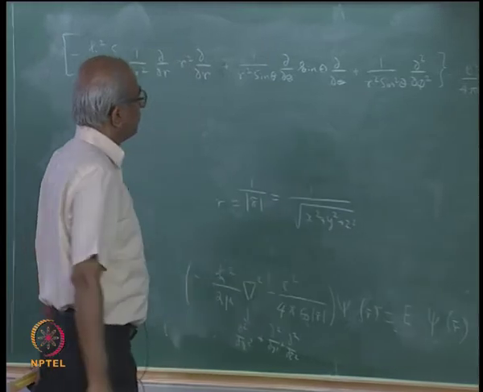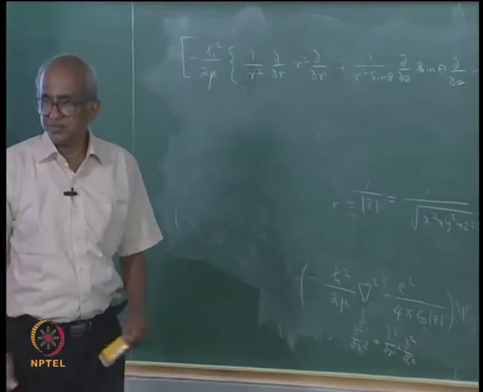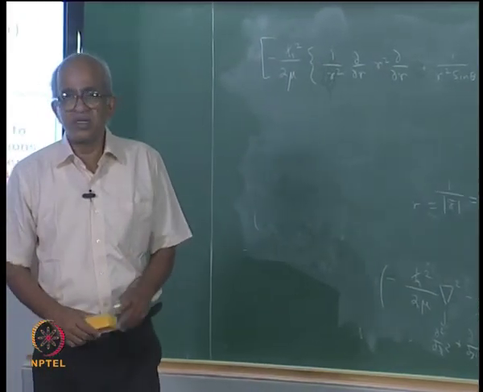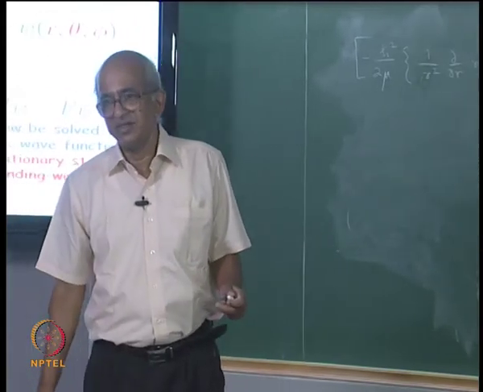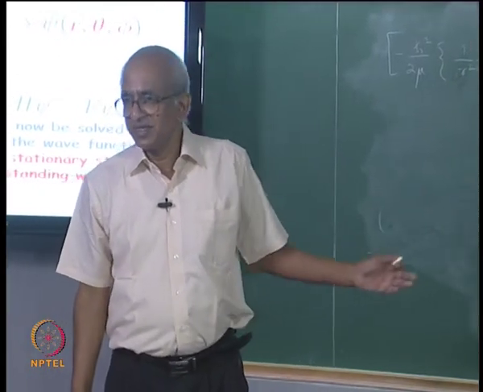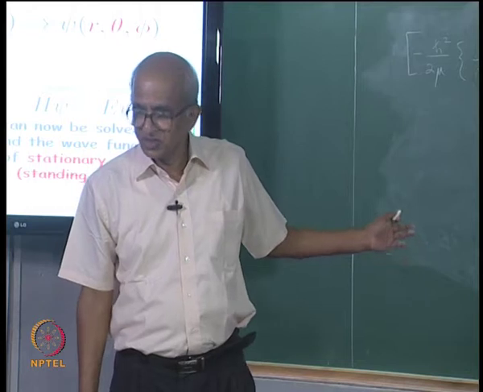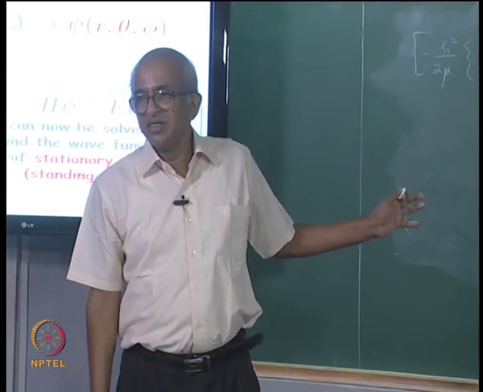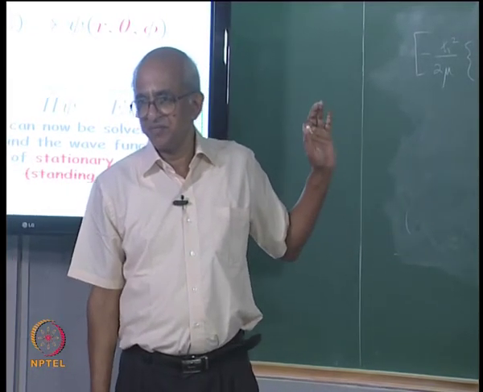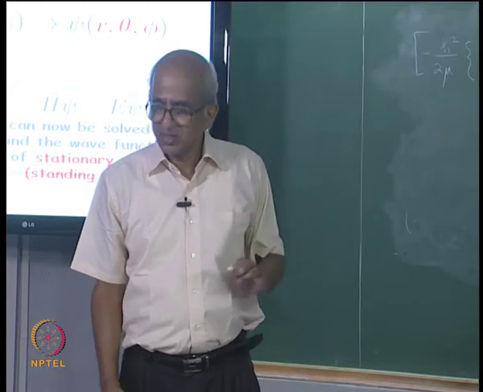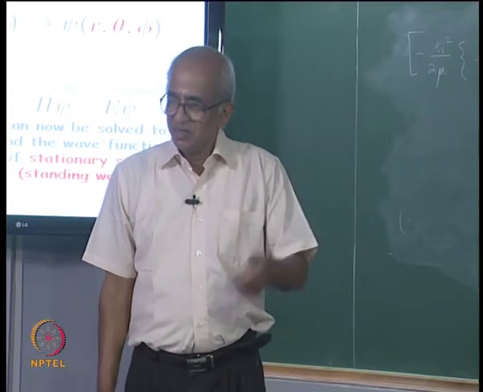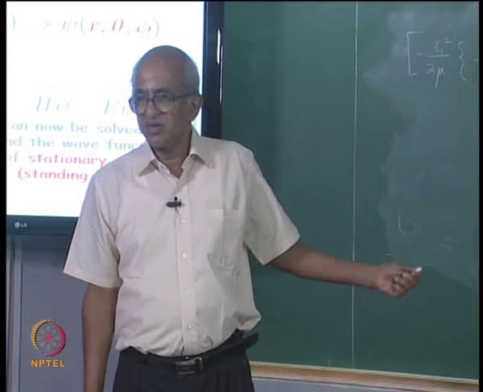So, that is the full form of the Schrodinger equation written in polar coordinates, and if you look at this expression, you really wonder whether any progress has been made, because actually this looks more complex than the previous equation, correct. But interestingly, you can manipulate this equation and find a solution.